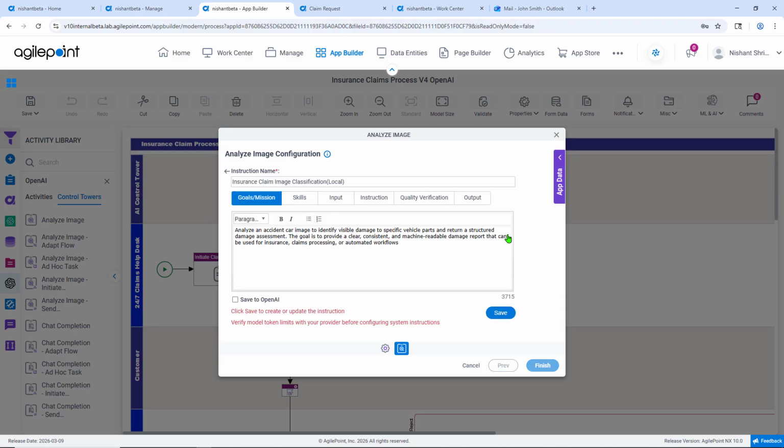Moving into the system instructions, as you're seeing here, I have a number of tabs that I can configure. The goals and mission include analyze an accident car image to identify visible damage to specific parts of a vehicle and return a structured damage assessment. The goal being to provide clear, consistent, machine-readable damage report that can be used in insurance claims processing or automated